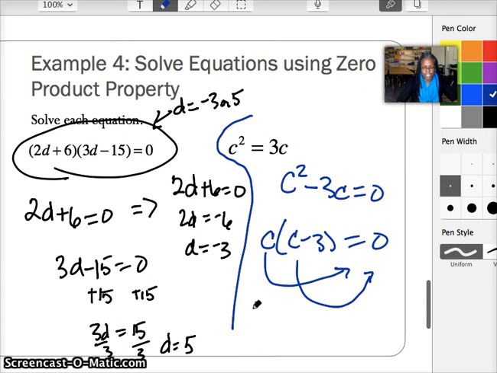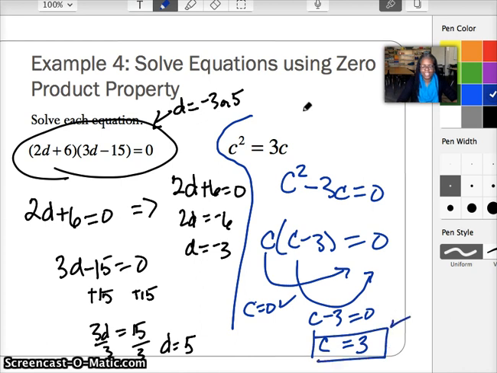Let's do it again. If c is equal to 0, we're done. So that is one solution. The other solution is c minus 3 is equal to 0. If we solve for c in this case, we get that c is equal to a positive 3. So the two answers we get would be c is